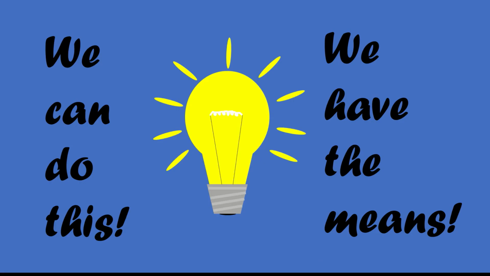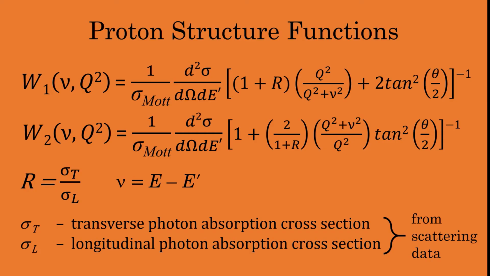The MIT-SLAC team devised some clever ways to determine the charge and spin of the particles. Using the scattering data, 2 proton structure functions, W sub 1 and W sub 2, can be extracted from the differential cross-section expression. The W sub 1 structure function provides information about the charge distribution, and the W sub 2, the momentum distribution, inside the proton. The structure functions are functions of q squared, the momentum transfer, and nu, the difference between the initial electron energy E and its scattered energy E prime, or nu equals E minus E prime.